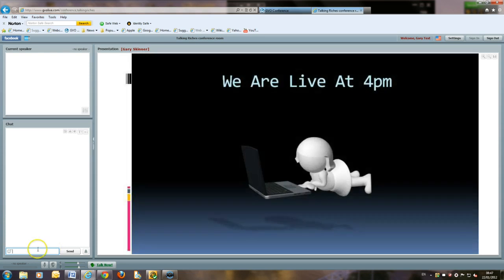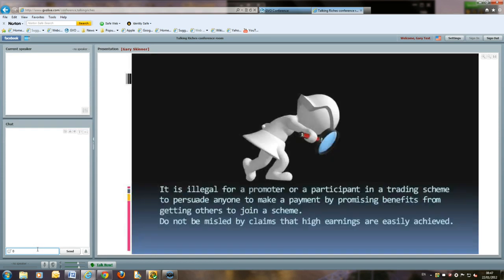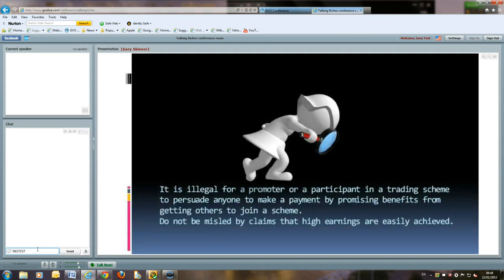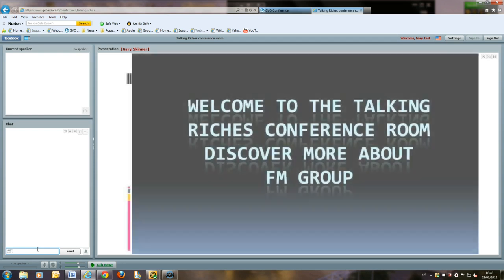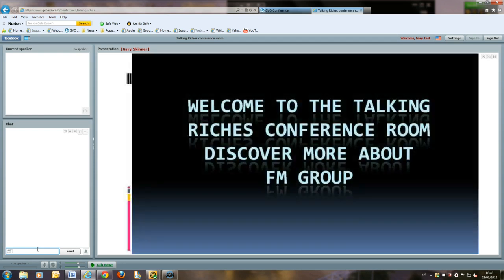Now, you can, if you wish, put messages in here, and bear in mind this is a public forum, so what you wouldn't want to do is put your phone number in, for example, because you don't know who's in the room and anybody could get your phone number. We don't allow affiliate links in the room, so we don't allow you to promote your products. Okay,